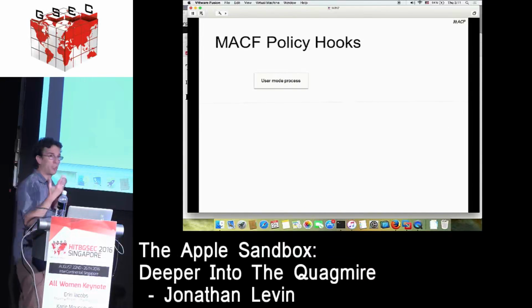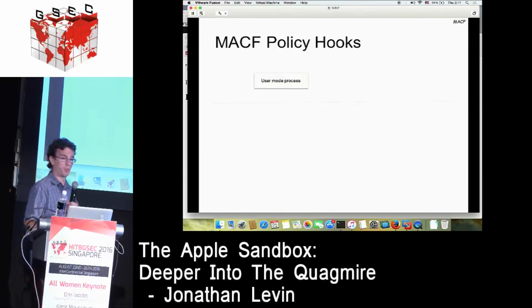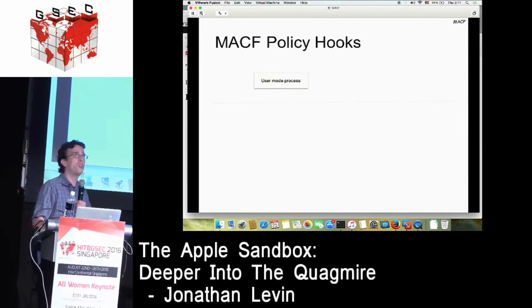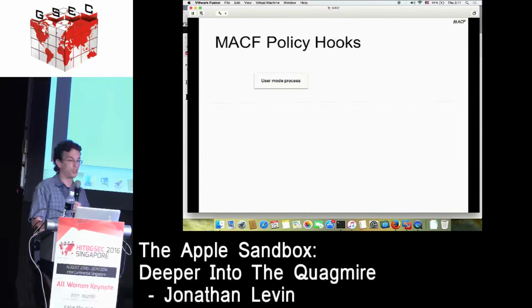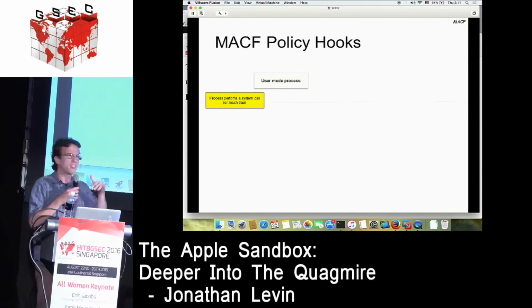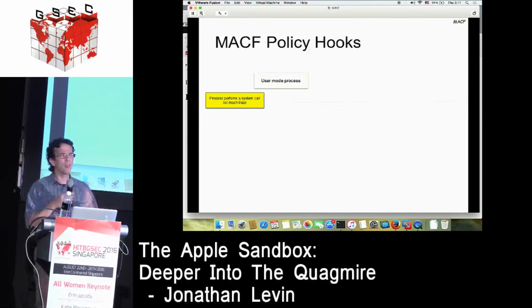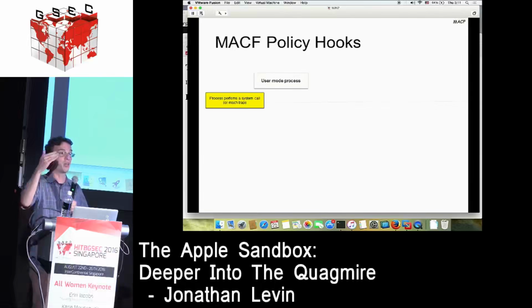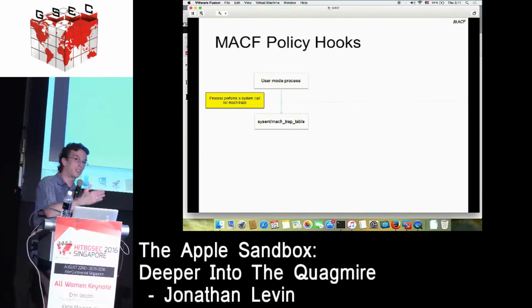Now, in particular, what would it look like from a visual point of view? So we've got the user mode process. The user mode process is, of course, somewhere in userland. And in order to do anything of consequence, that user mode process has to issue a system call. Now, there is the notion of system calls and Mach traps, which are two different things. But for the sake of simplicity, let's just assume system call as a cross from user mode onto the kernel boundary. Now, in the kernel mode, we've got a system call table or potentially the Mach trap table,